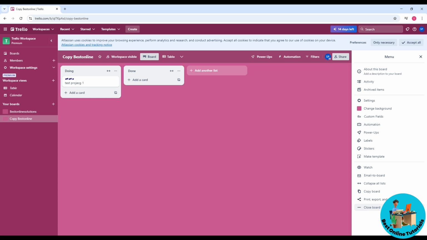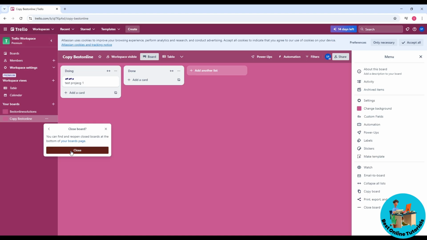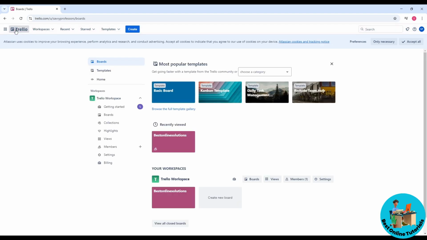So pretty much this will delete the board, or you could just simply do the same thing by clicking on the three dots over here on the left side, and you will have the same options. And from here, as you can see, you can find and reopen the close boards at the bottom of your boards page. So just simply go ahead and select close,